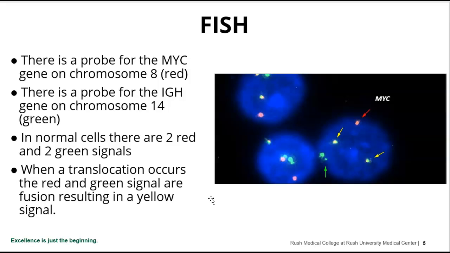So for the t(8;14), the MYC is on 8, and the IgH, which is a growth factor, is on 14. And so what you would expect is if the MYC is together, you see two yellows. But when it's broken apart,